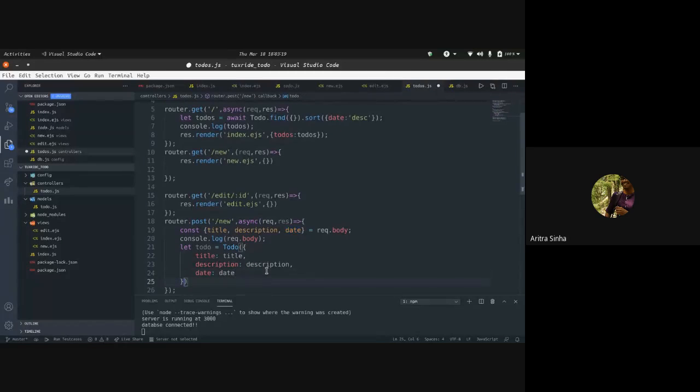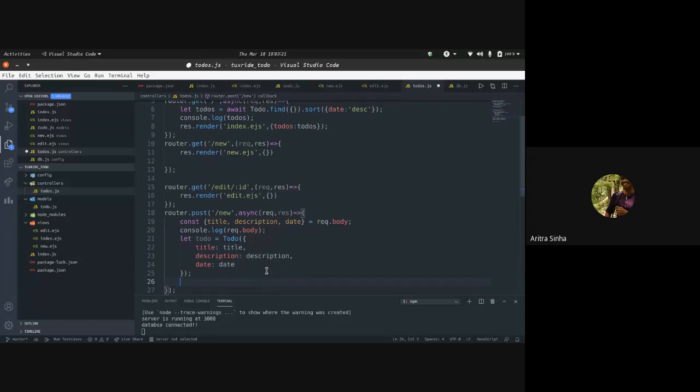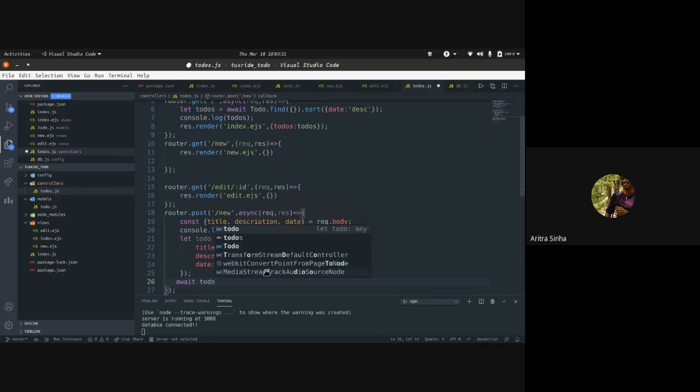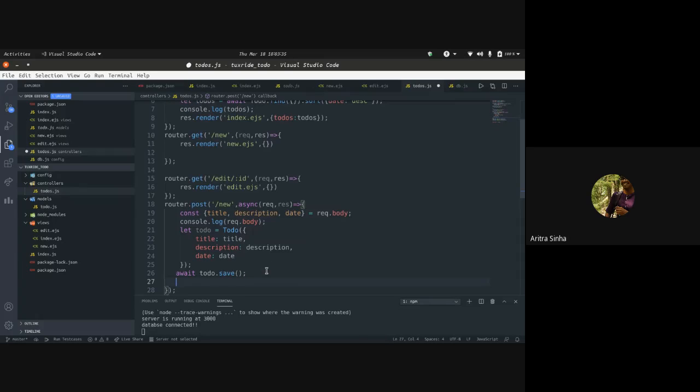And the status will be updated accordingly, because we have already added the default value, so we don't need to mention that. After that, await todo.save. Once we save it, it will be updated in the database, and after that, we'll just res.redirect back to the home page. Yeah, this will do.